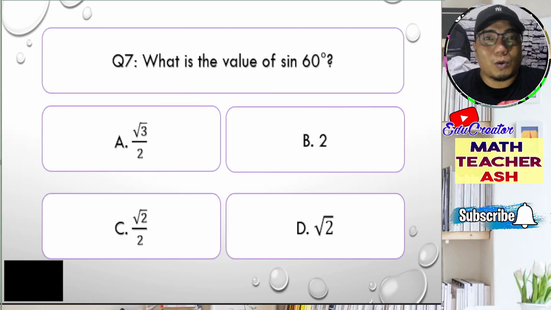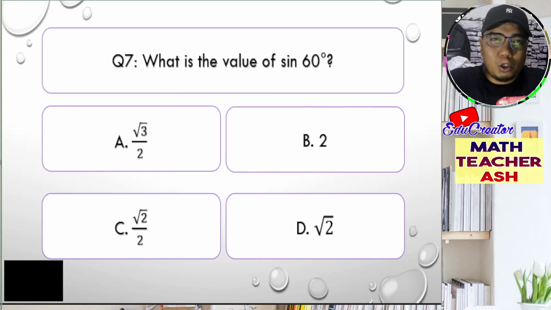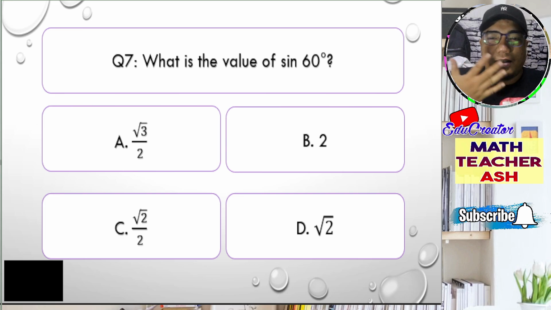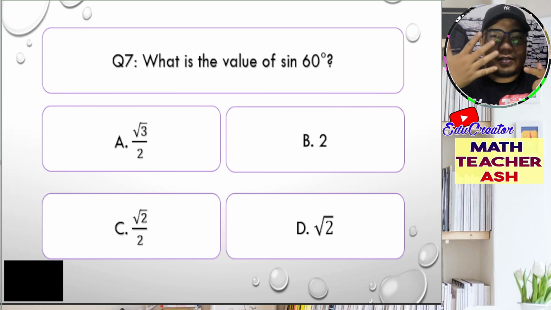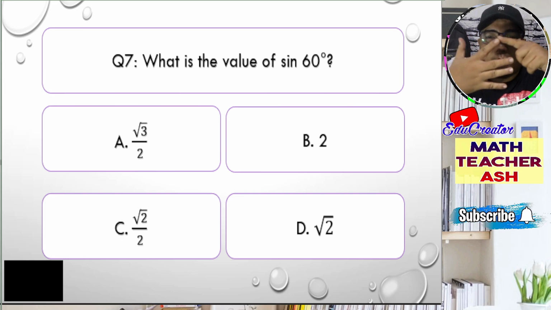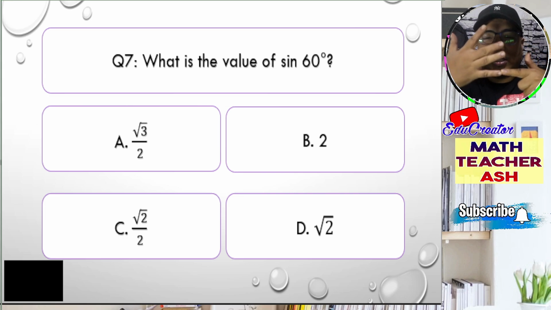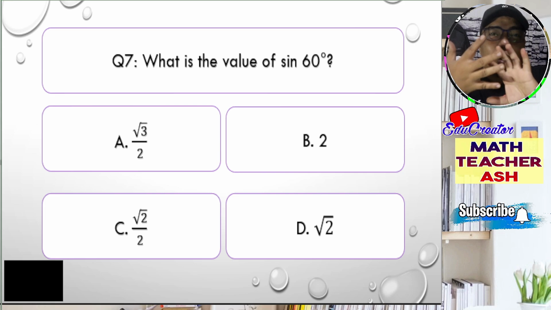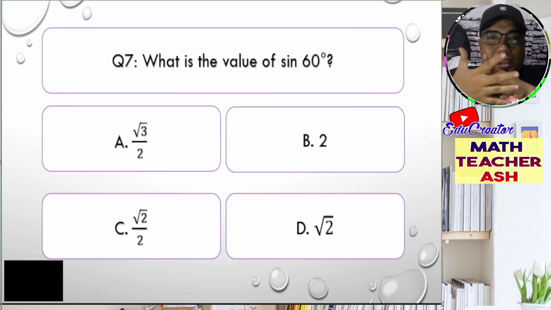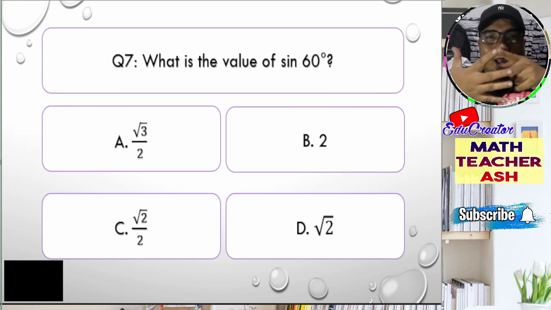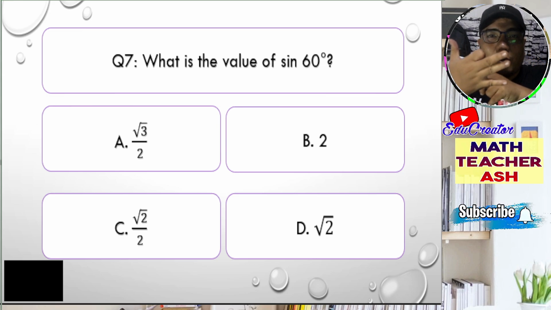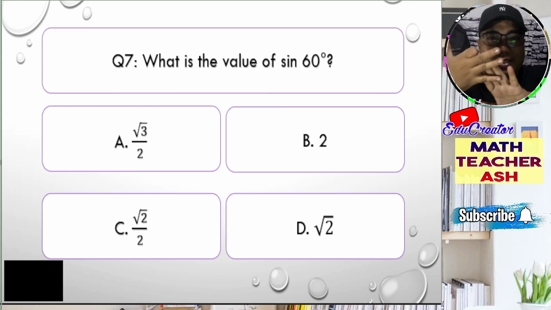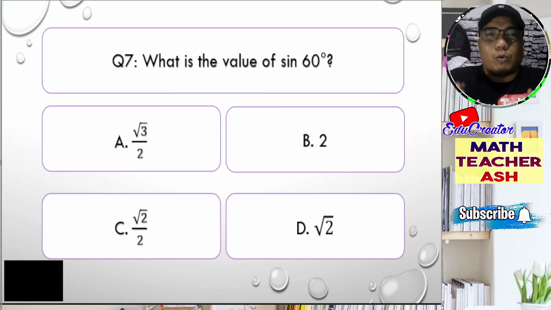Alright, math learners, this question is very easy, because you can apply the techniques on the hand tricks. As I've said, 60 here is this one. So this is 0, 30, 45, 60. The starting point is the 0, which is the part where the sine is located, and the 90th angle is where the cosine will start. If we have sine 60, we will just fold this one, and this is the side for the sine. So we have 3. The technique here gives us square root of 3 over 2.